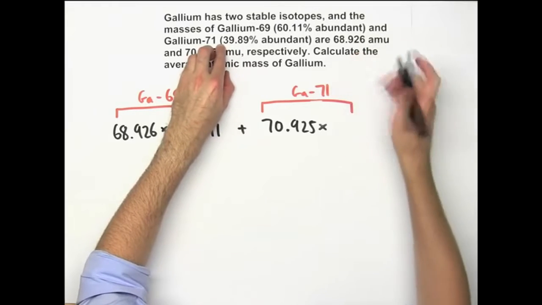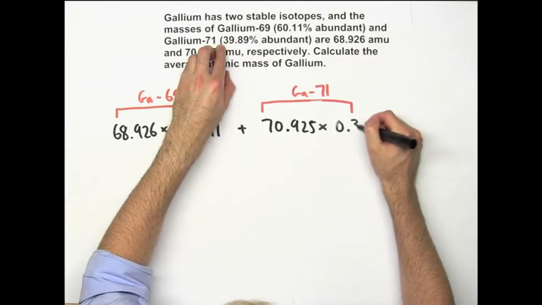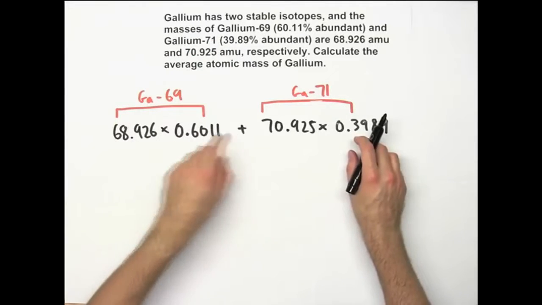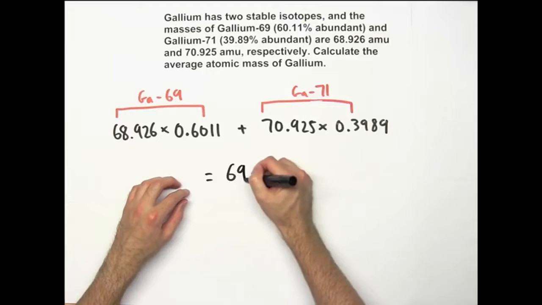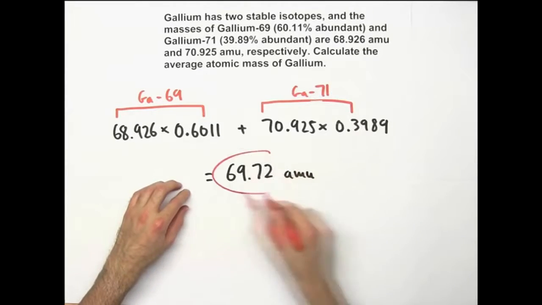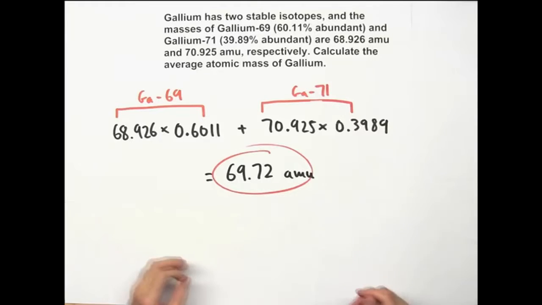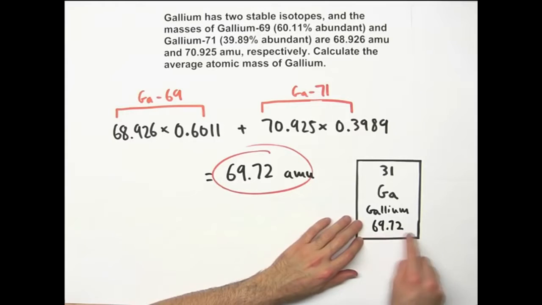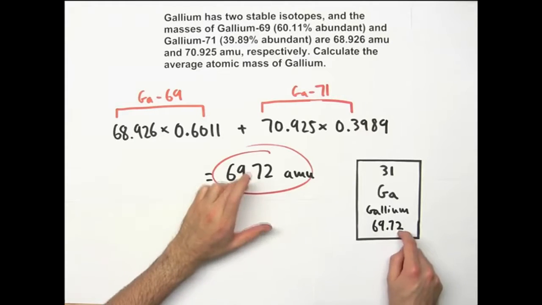Move this place 2 to the left, so we get 0.3989. Multiply both of these together and then add them up, and what you're going to get is 69.72 AMU for the average atomic mass of gallium. Now, if you wanted to just check your work, you could look gallium up on the periodic table. Here's what it would look like, and underneath the element name is the average atomic mass,